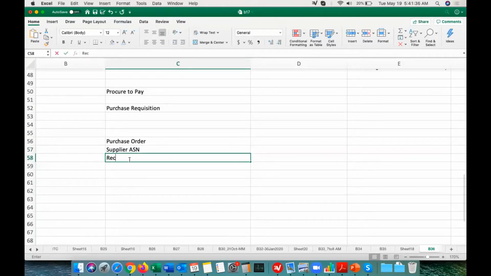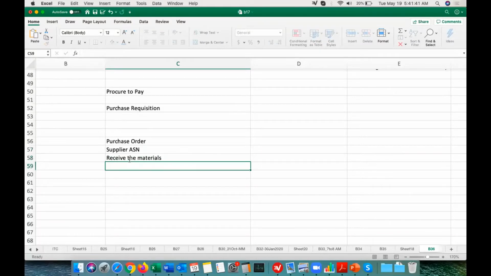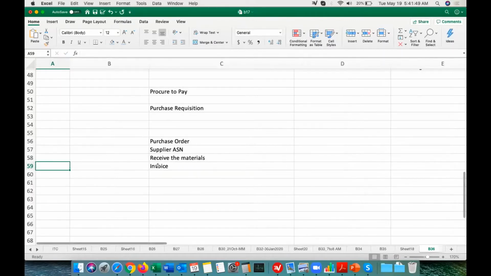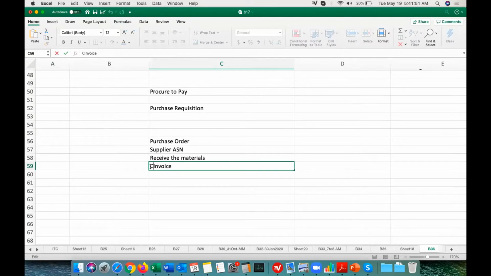Then we will receive the materials. Then we will invoice the PO, or create the invoice, and then we will make payment to the supplier.